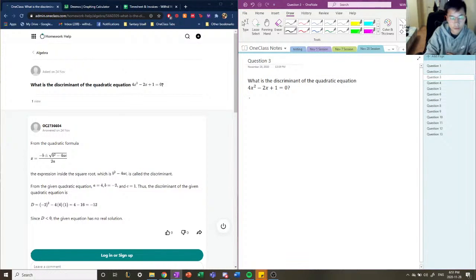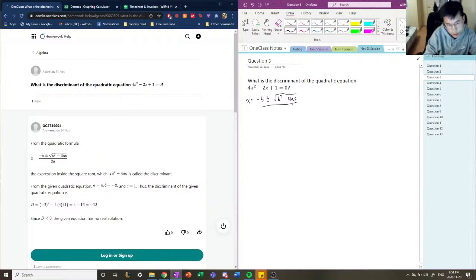It helps us solve for the values of x which will make this equation true. It uses the coefficients of our quadratic equation, so x is equal to minus b plus or minus the square root of b squared minus 4ac,